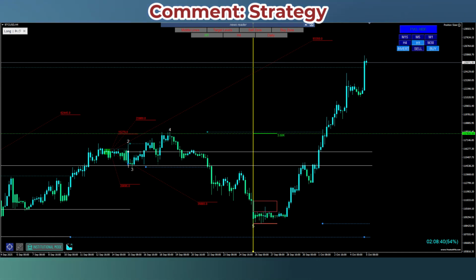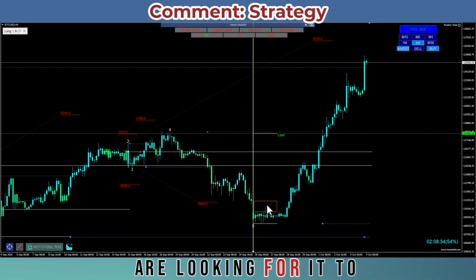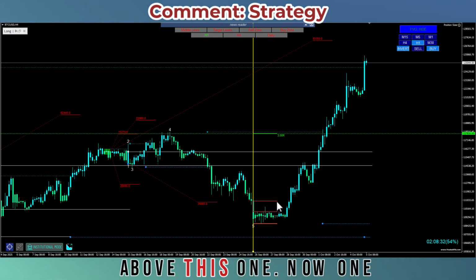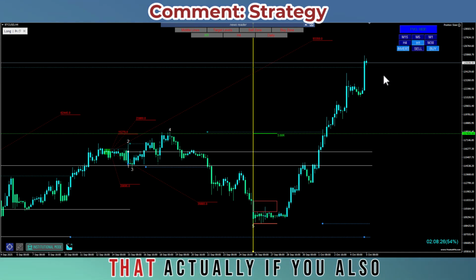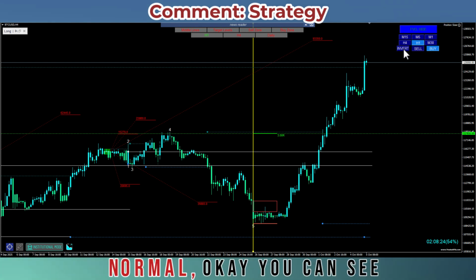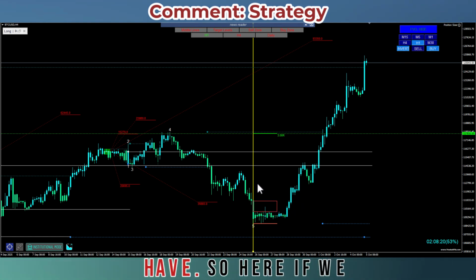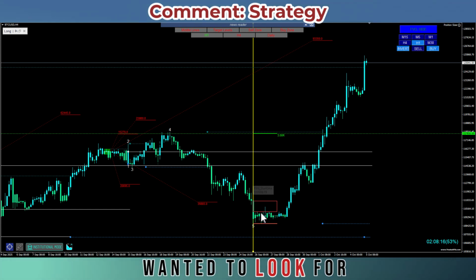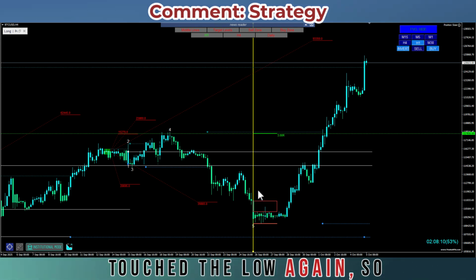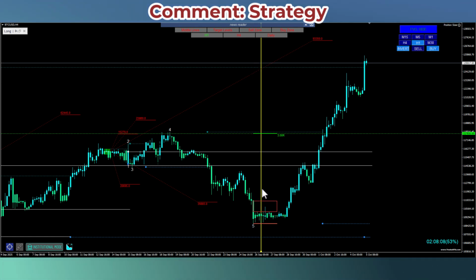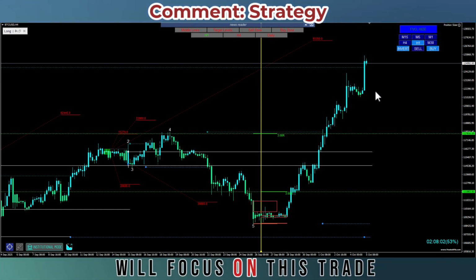So this was here, the inverted. Now as you can see, we are looking for it to close above this one. Here it did not close above this one. Now one small trick I noticed is that if you also wanted to use the normal, you can see we didn't have one in the next 5 bars. So here if we wanted to look for another trade, since this touched the low again, we can also use this one. Now as you can see here, we had a trade, so we will focus on this trade